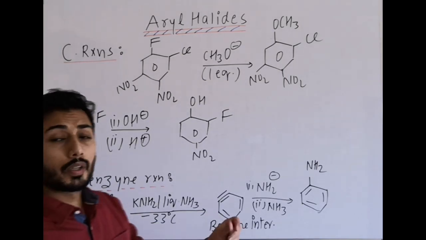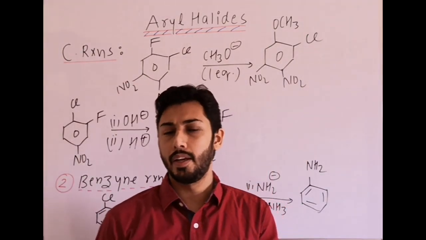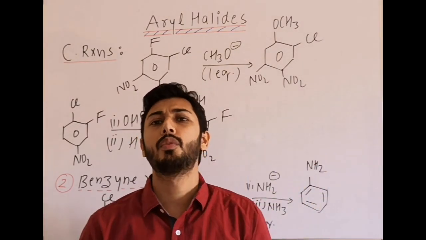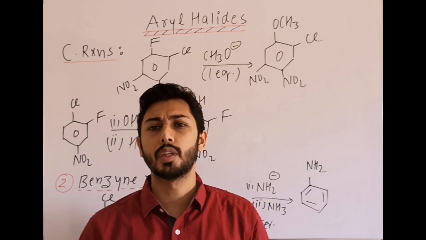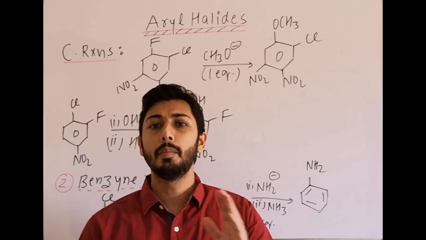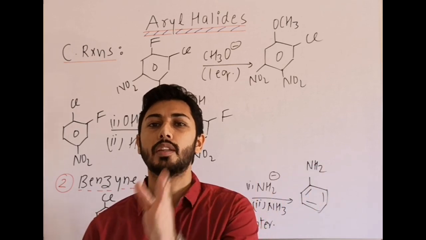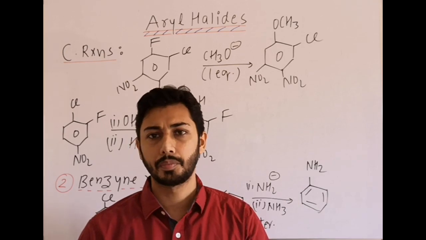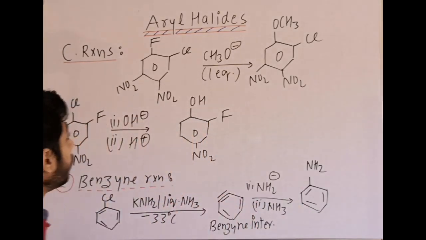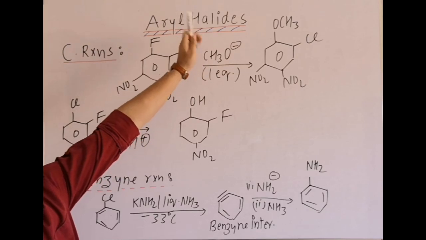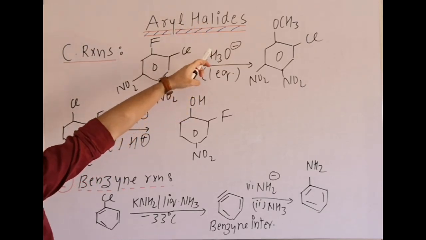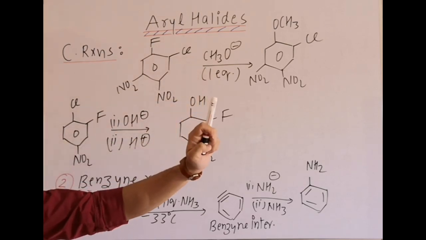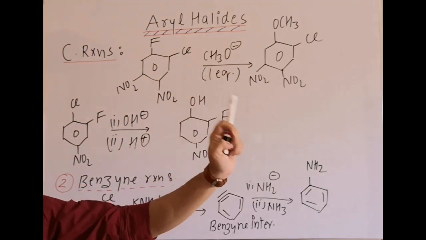Now if I tell you one thing about Ar-SN, if we take a halobenzene, aryl halide, fluoro, chloro, bromo, iodo, and compare them with NO2 at the para position, then the reactivity order will be maximum for fluorine, then chlorine, then bromine, then iodine. And the reason is the -I effect. Now here in this example, we are taking a nucleophile, CH3O-, any nucleophile we can take, and in this case I am taking one equivalent of nucleophile. That means only one halogen will be substituted by OCH3.